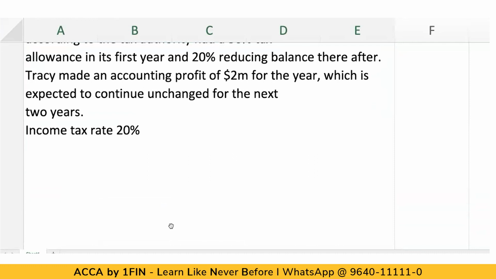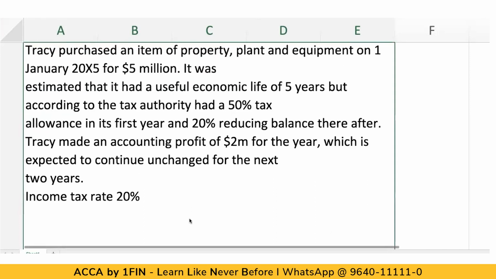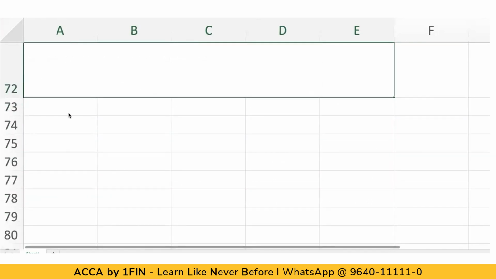Now here we are required to calculate the tax profit for the 3 years. I'll just do it for 2 years, which should be more than sufficient. What is the tax profit after tax for 2 years? That is what we will be calculating. So here, what we need to do is